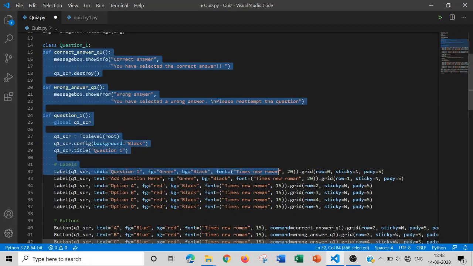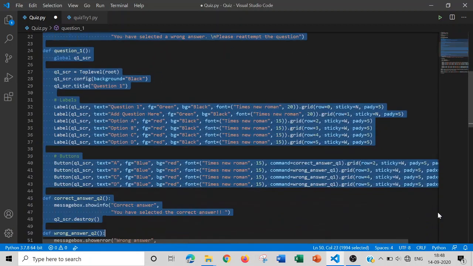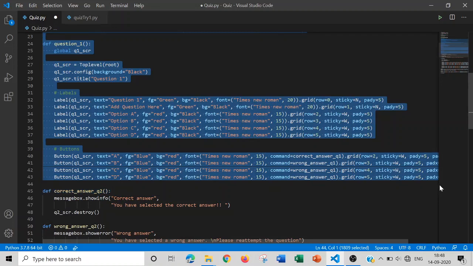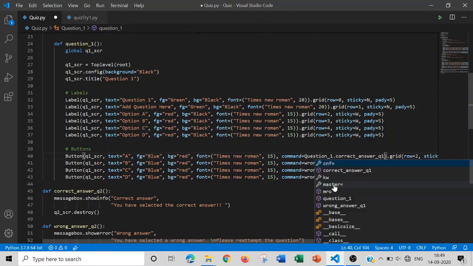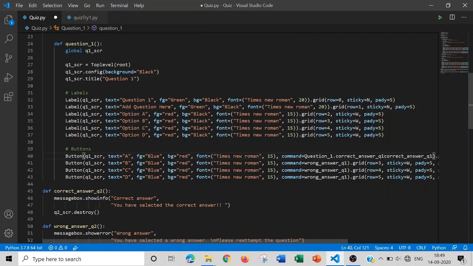Okay, so let's bring this under the class itself. So it says now come inside. Now see what happens, then let's enter a space. Let me show you what happens. See, you have question1 class dot correct answer. You have to make all such things here. Again you have to do all such things. So I won't recommend this, but if you want to make your code look neat, tidy, then you can do this.